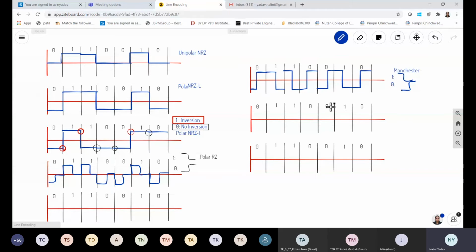Is my signal completed? Can anybody answer me? Is my signal completed? No, because I have not completed these lines, right? So the next part is I will be completing these lines. These connecting lines are important. So is my signal completed now? Is my encoding completed? Yes, ma'am. Yes, correct. So I hope this Manchester is clear with all of you. Is there any doubt for Manchester? No, ma'am. Good. So we will go to the differential Manchester now.